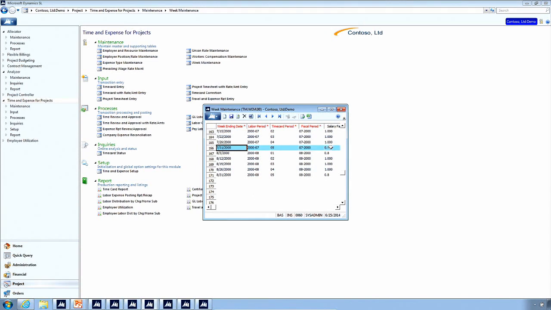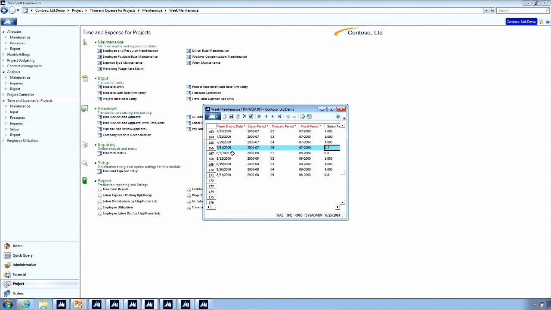So there's two days of the week that end in that will be posted to July. So we do not want 100% of our salary going to July. The salary factor allows you to say one of 5 days is going to post to the 1/5 of, or excuse me, 1/5 of my time is going to be posted to this week ending date of July 31st, and then